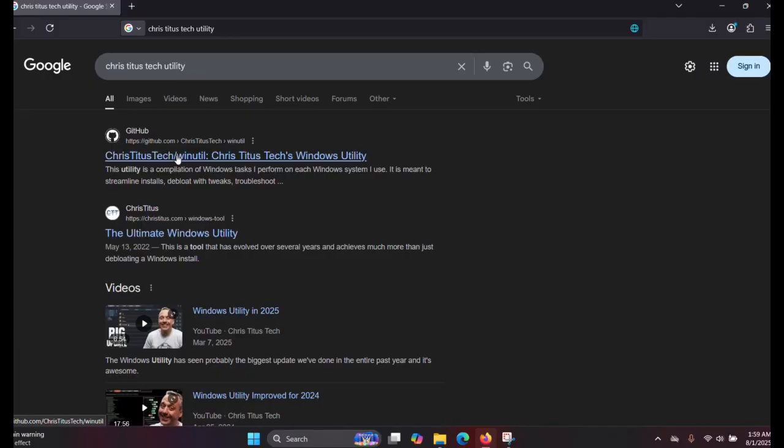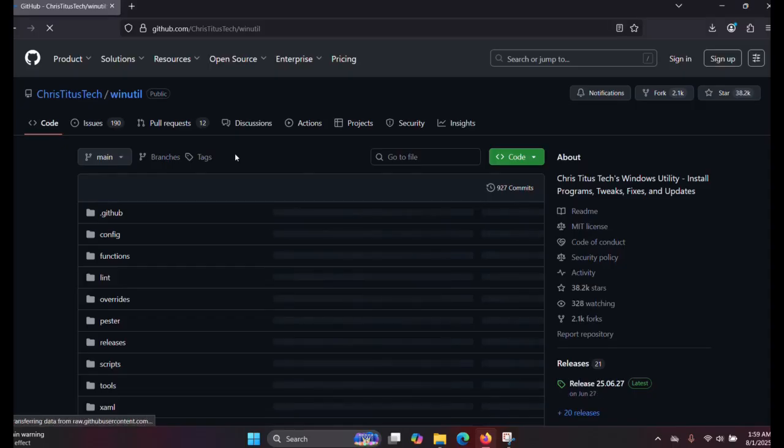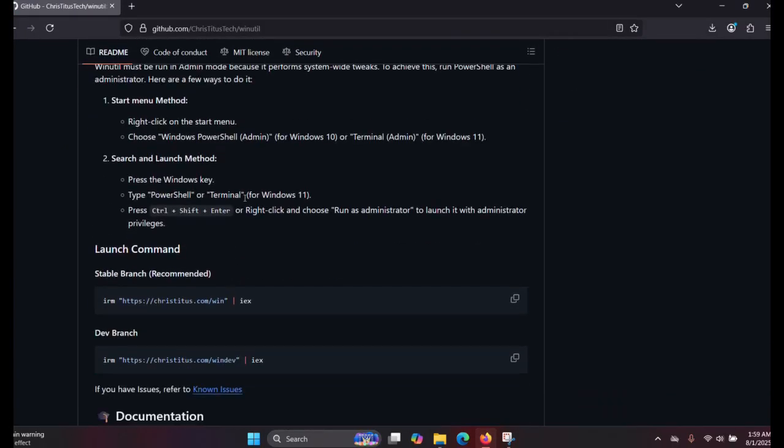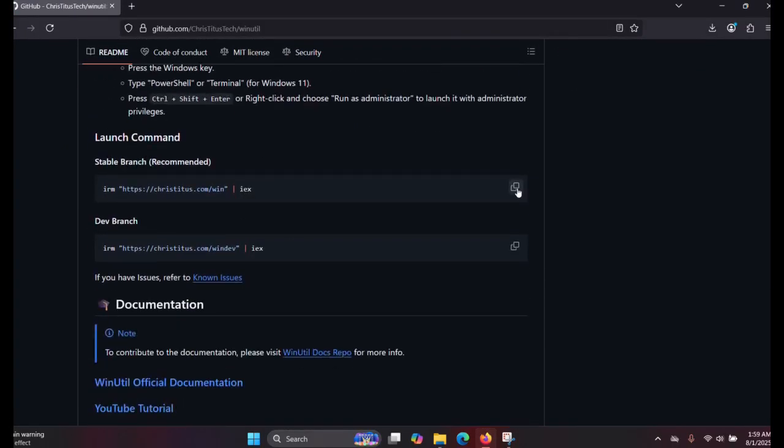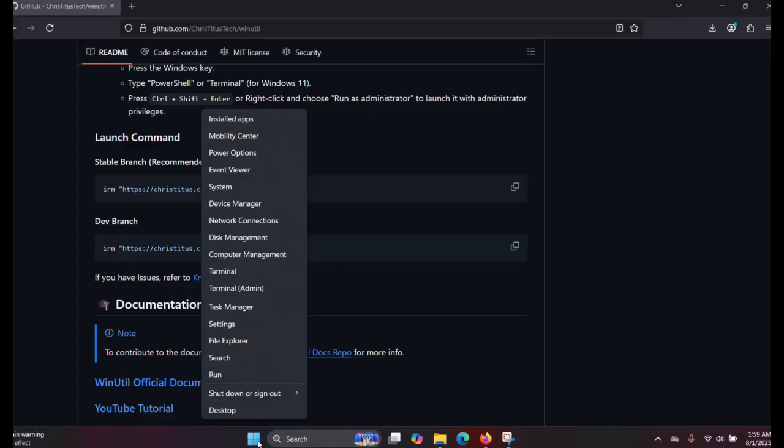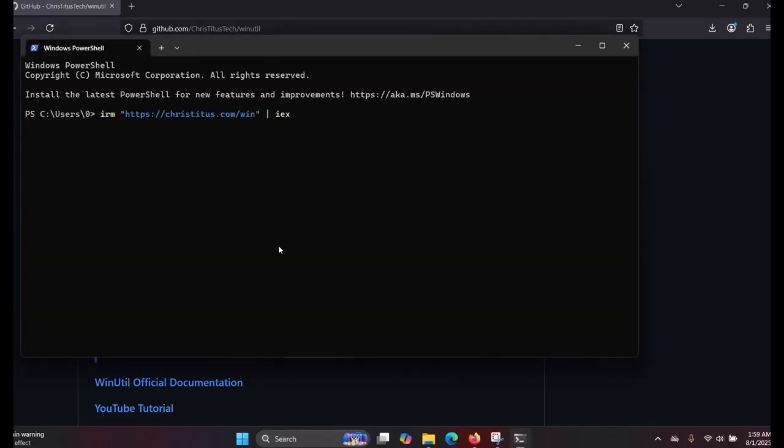and this is from his GitHub channel. It's his Windows utility, and even in 2025 it's pretty good to use. So the way in which you run this is you go to his GitHub channel, and all you have to do is copy this to install the stable branch. So right click the Windows icon and go to Terminal, paste the command in there, hit enter,